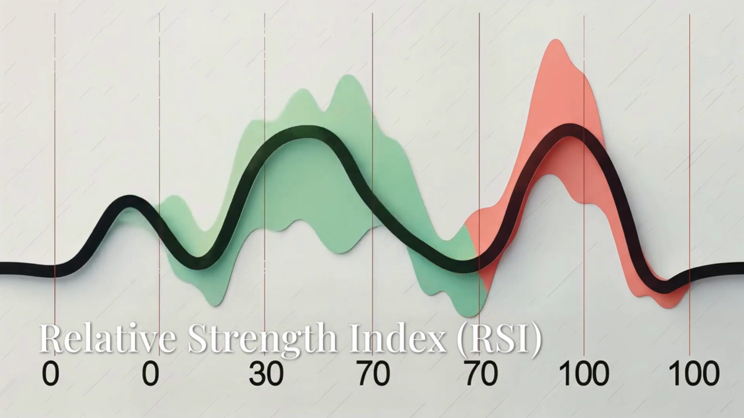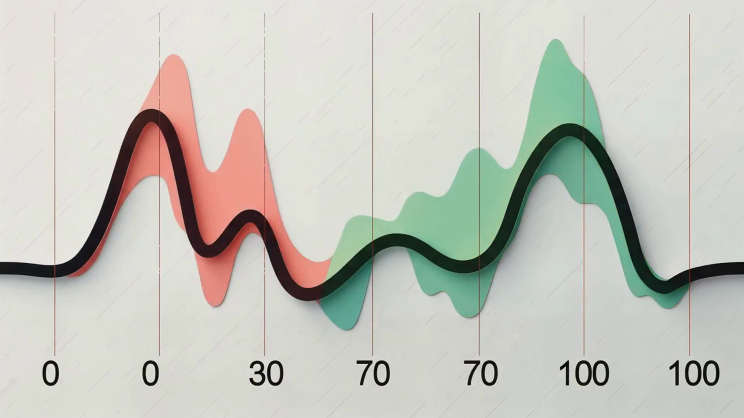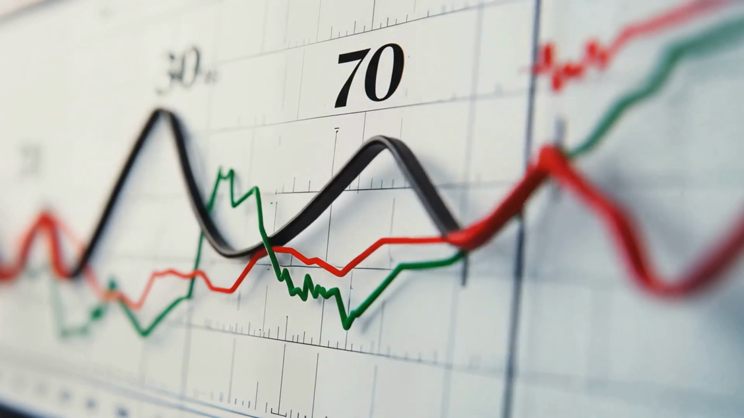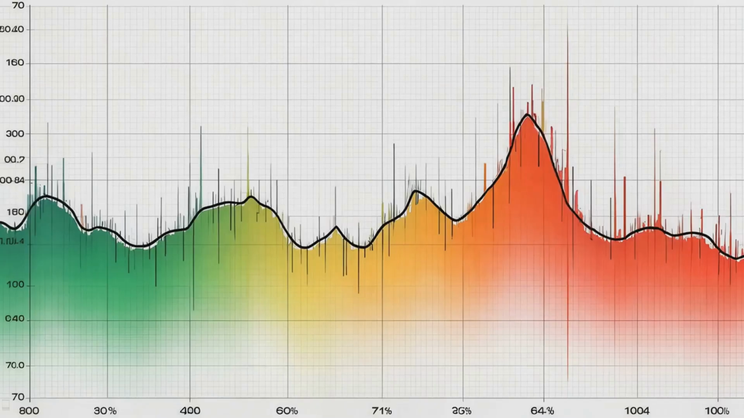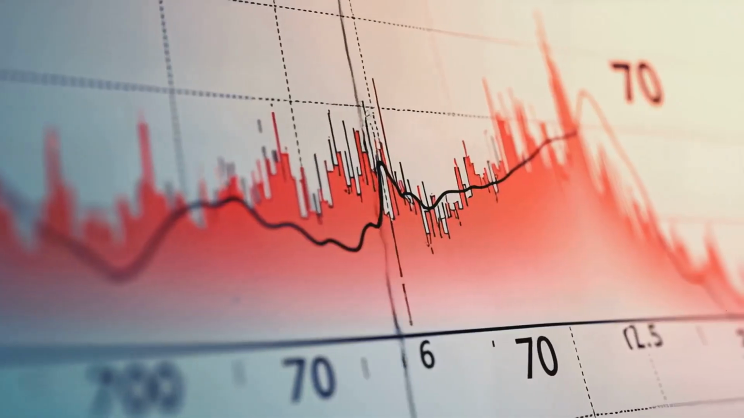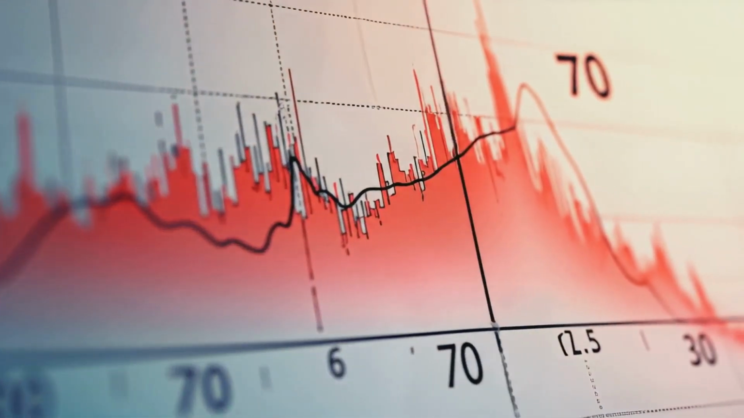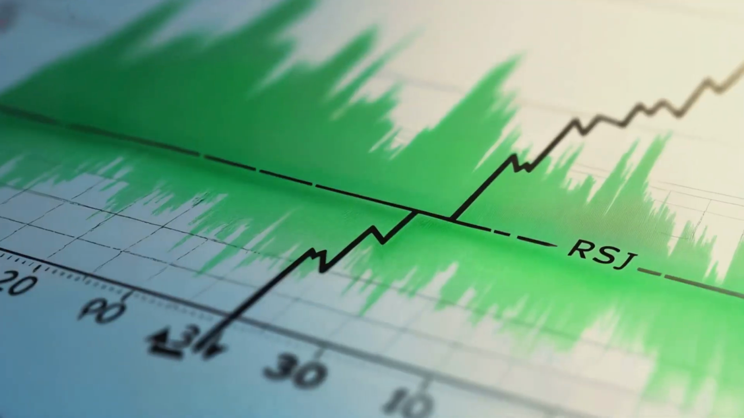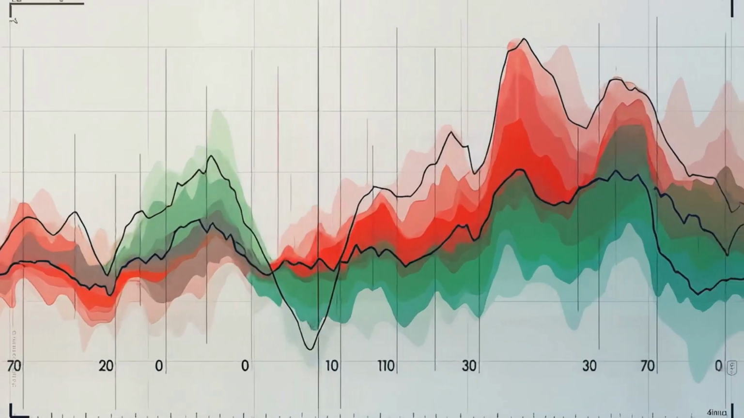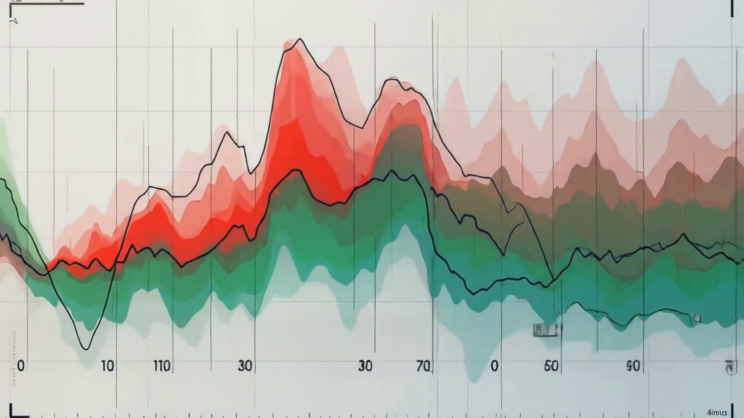Enhancing reliability with additional indicators. Before discussing how to combine moving averages with additional indicators, let's define the key tools involved. Relative Strength Index, RSI, is a momentum oscillator that measures the speed and change of price movements. It ranges from 0 to 100 and is primarily used to identify overbought, above 70, or oversold, below 30 conditions